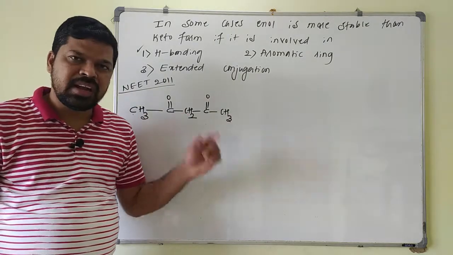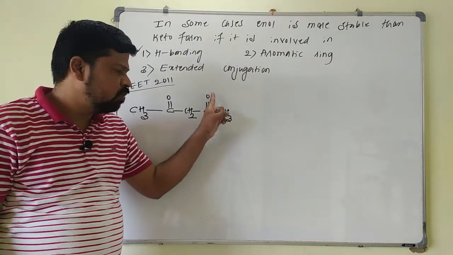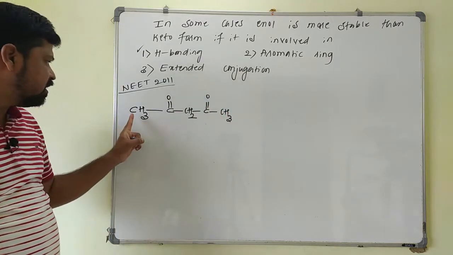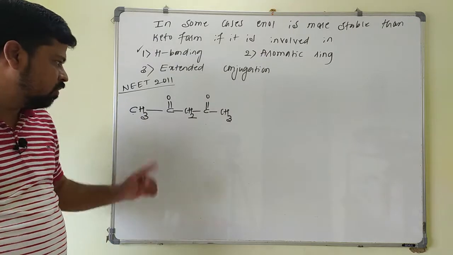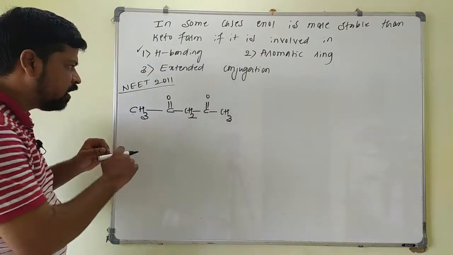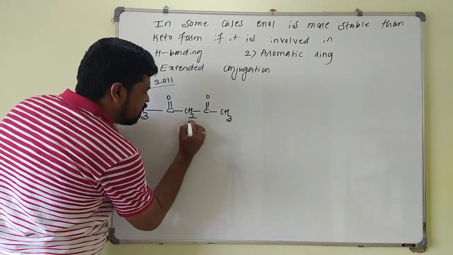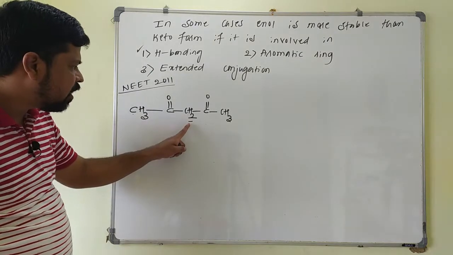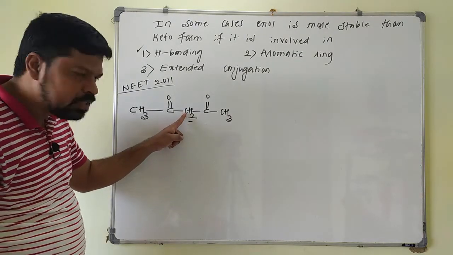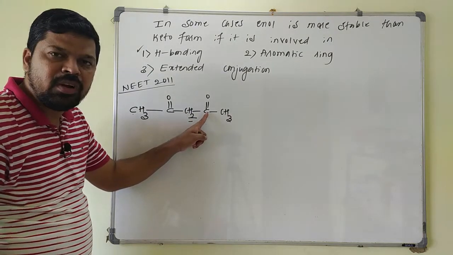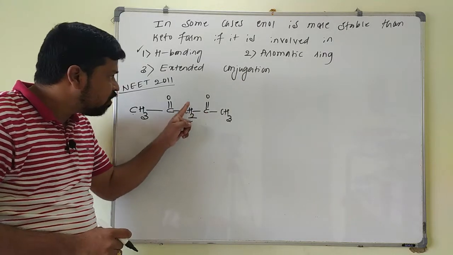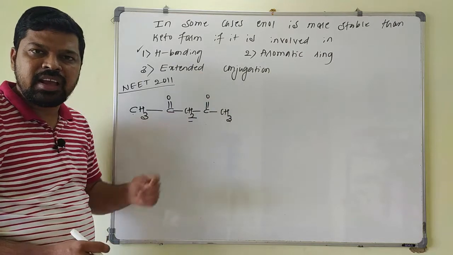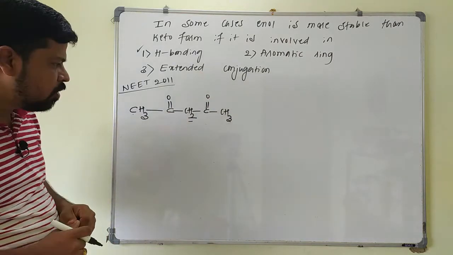These two methyl groups are identical. You can shift this hydrogen atom to this one to show tautomerism, or else you can shift this hydrogen atom to this oxygen atom to show tautomerism. These two are identical now. Now another type of hydrogen atom is there, in this CH2 group. And these hydrogen atoms are again on an sp3 carbon connected to a heteromultiple bond. So you can shift this hydrogen atom to this one also. Again another structure of tautomerism is possible here.